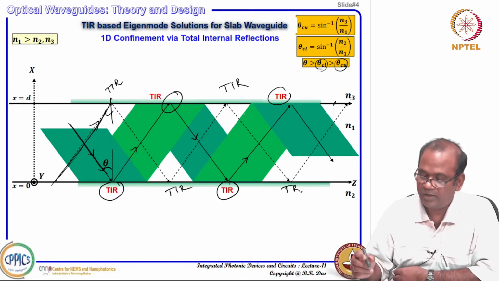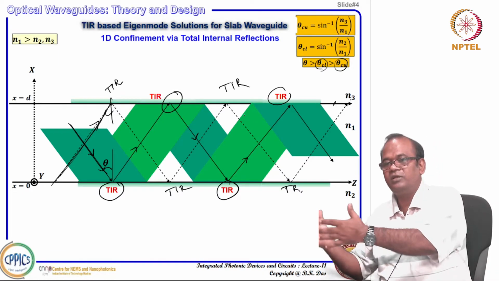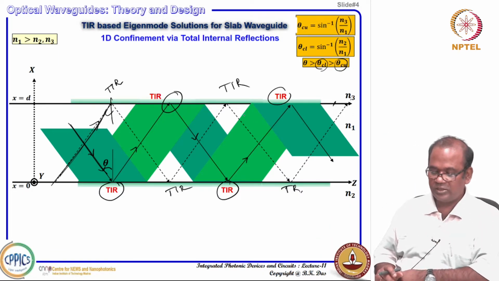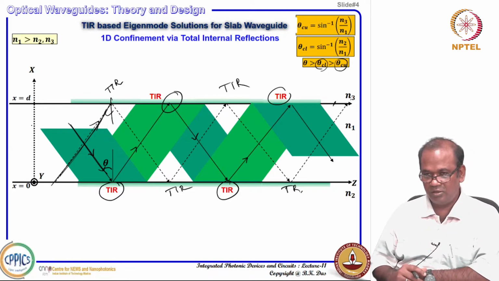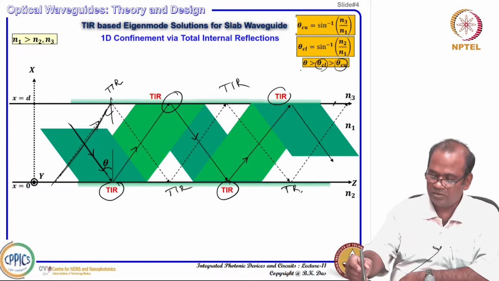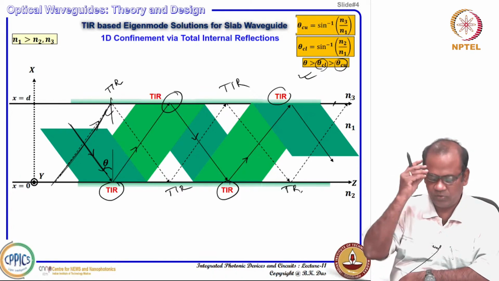So, in this way you can get total internal reflection at both interfaces, and a certain angle of entry should satisfy a certain angle, so that this is satisfied. Okay. Next